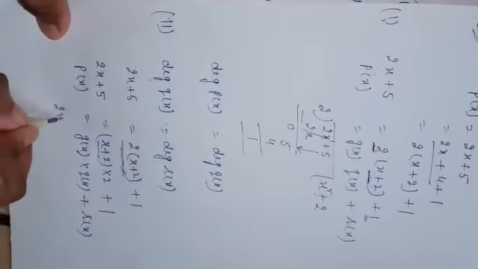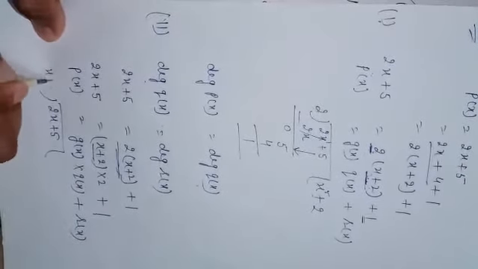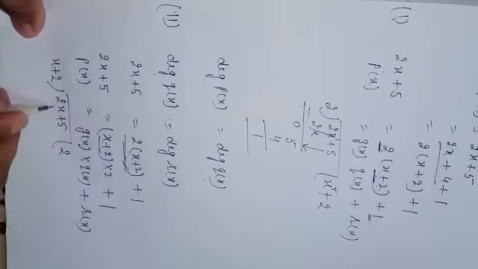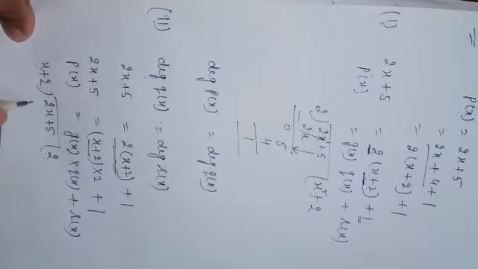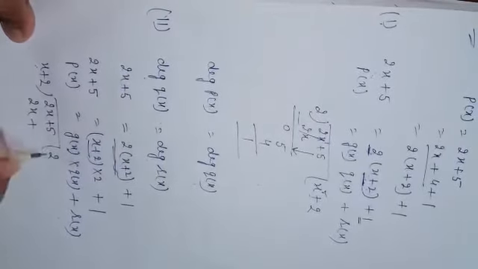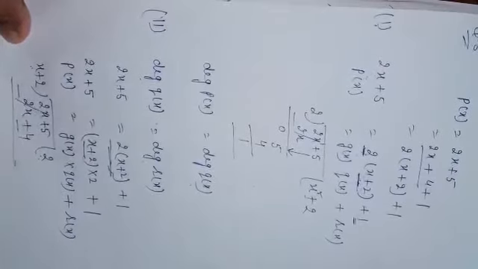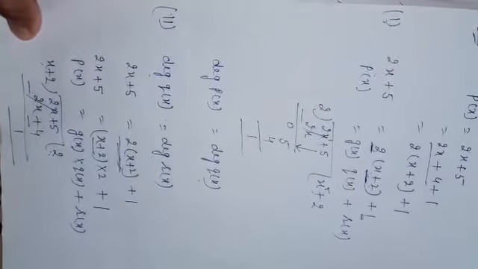Now the question becomes, if we divide 2x plus 5 by g(x), what is the value of g(x) here? x plus 2. Now beta, it goes 2 times, as x goes into 2x two times. We will multiply 2 with x plus 2. You know very well, 2x plus 4. Now we will change the sign. It becomes 0, and the remainder is 1.